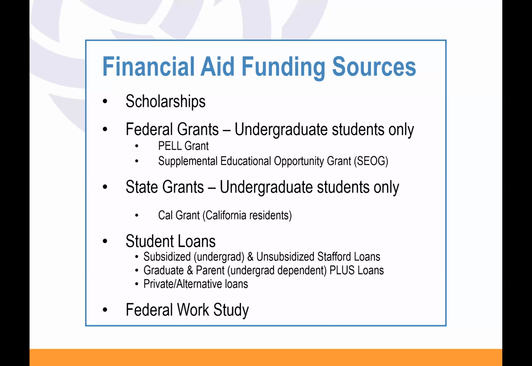Private and alternative loans, some examples of those would be Sallie Mae, Wells Fargo, Bank of America, anything of that sort. However, we've noticed that a lot of those loans are sometimes a little bit higher interest compared to the unsubsidized loan and the Graduate PLUS loan. So sometimes you'll apply for the Graduate PLUS loan, but you haven't accepted your unsubsidized loan, right? Sometimes we'll reach out and let you know, if you want the max amount in Graduate PLUS, maybe you want to accept the unsubsidized first because that's lower interest.